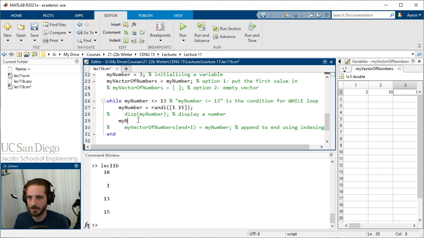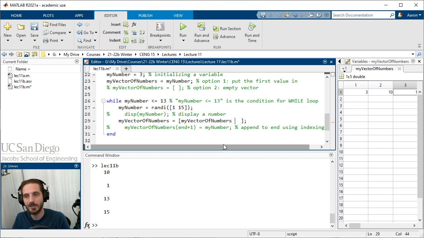So we can do something like my vector of numbers is equal to, remember the way that we first learned to assemble vectors was to use the square brackets and then put the numbers inside there separated by a space. We can do that same thing even if one of those numbers is already a vector. So we can say, take the existing my vector of numbers, that's the first element in our vector,